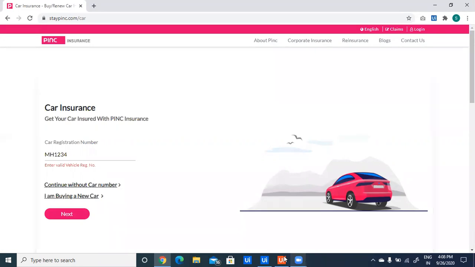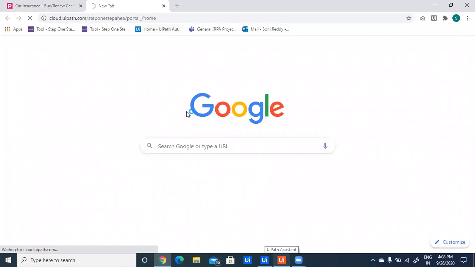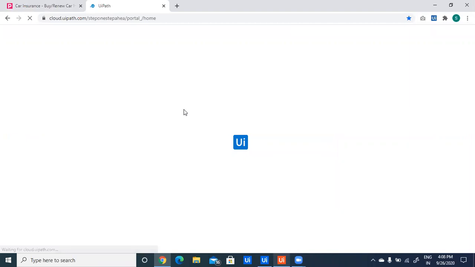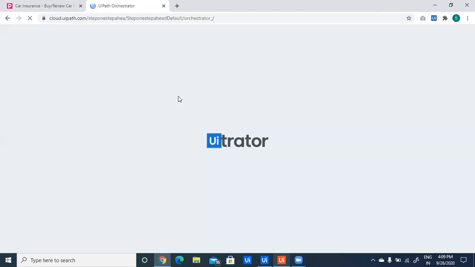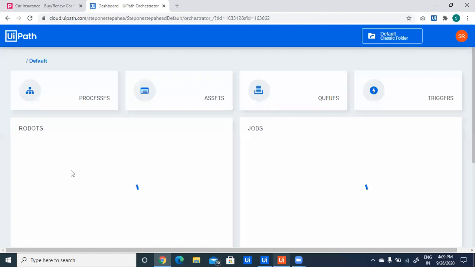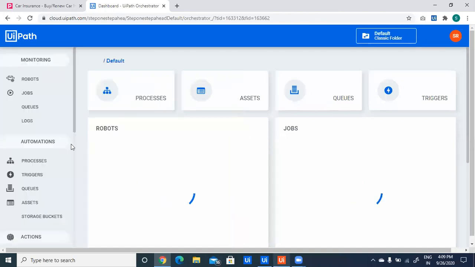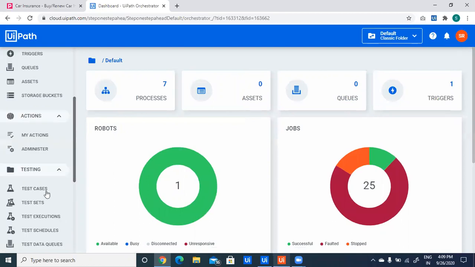So now we will go to our UiPath Orchestrator and check our test results for the 3 test cases. To see our test result, we need to go to test executions.